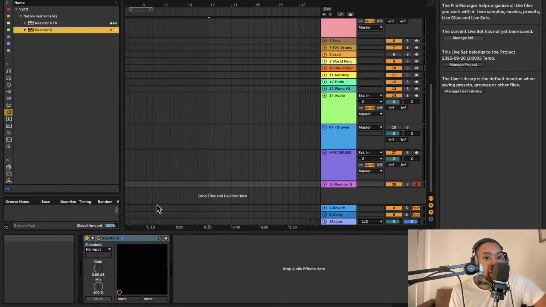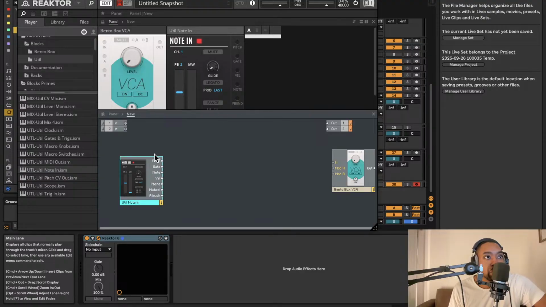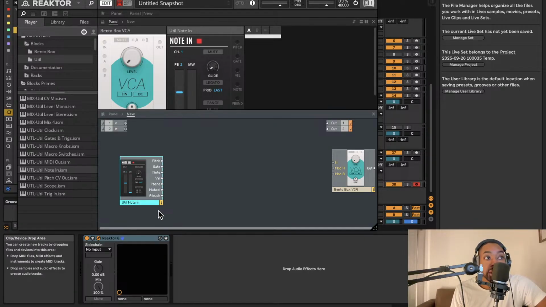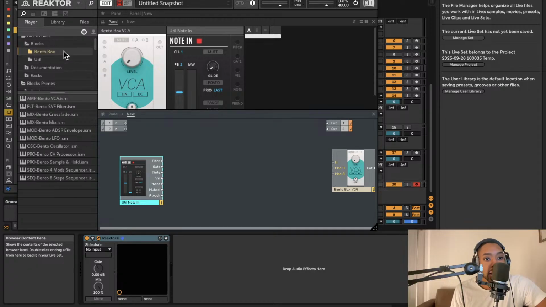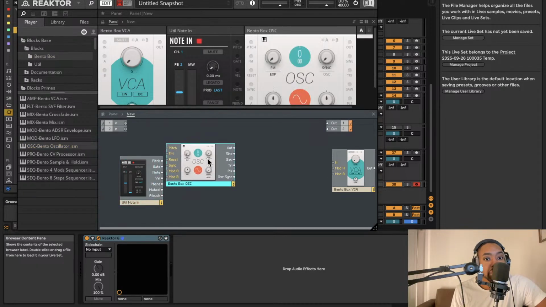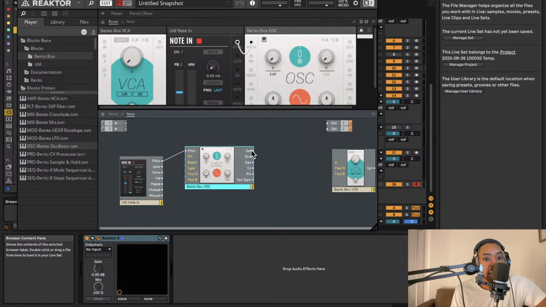So, everyone, welcome back. And we're doing a quick sound design session in Reaktor. I'm going to show you how to build a custom bass patch from scratch. So, we're going to start off with just an oscillator, and we're going to shape it into something usable in our productions. So let's dive right in. So I'm going to start off with the oscillator. I'm going to make a basic sound